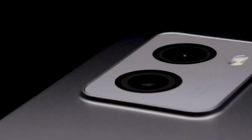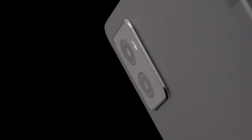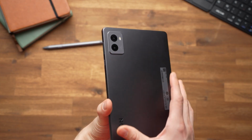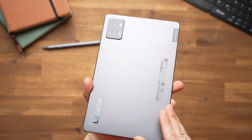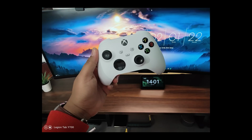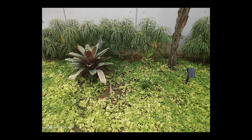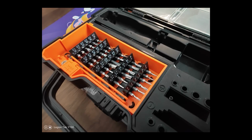The Legion Y700 features a sophisticated dual-camera setup designed to capture every moment with precision and clarity. The primary camera boasts a 13-megapixel sensor, capable of capturing detailed photos with vibrant colors and sharp details. Whether you're snapping pictures of breathtaking landscapes or capturing action-packed moments, the Legion Y700's primary camera ensures that you never